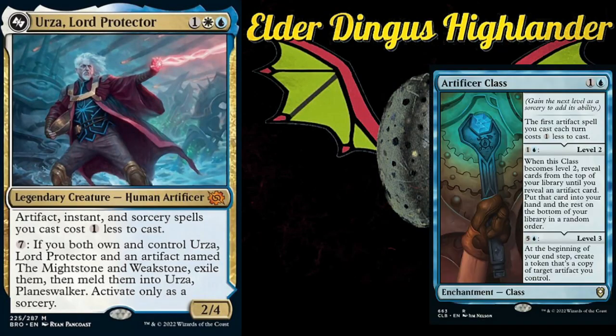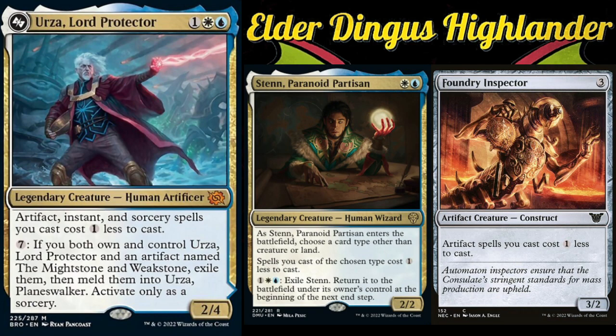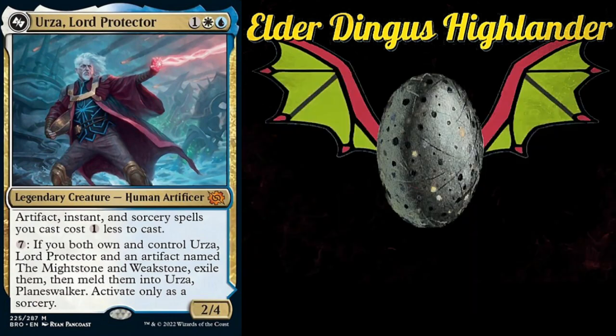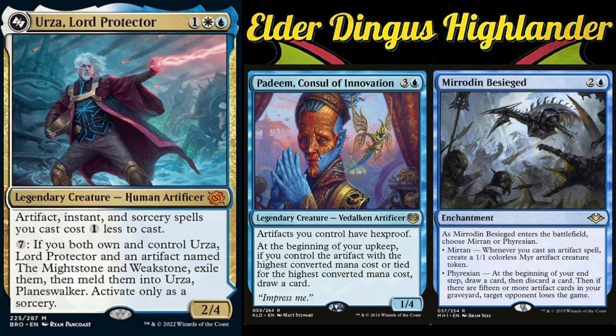Some of those cards include cost reducers like Artificer's Class, Cloud Key, Ethereum Sculptor, Sten, Foundry Inspector, Starnheim Courser, and Joyra's Familiar. And you have additional cards that seem really good for this deck, including Emery, Sai, Mirrodin Besieged, Padim, Thoughtcast and